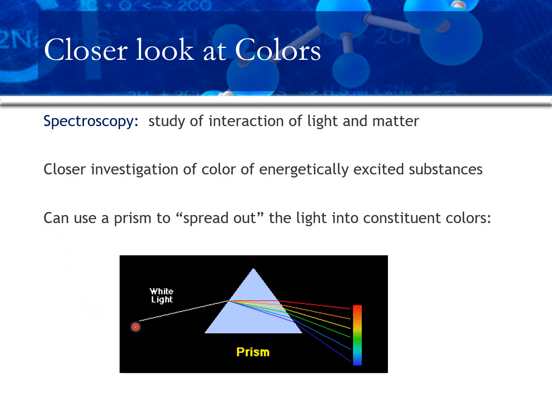So for example, if you take white light from the sun, pass it through a prism, the prism will break it up into all of the colors of the rainbow. And in fact, this is literally how rainbows are formed. Light from the sun passes through little droplets of water in the air, rain, and it's separated into all the colors of the rainbow, and that's why we get rainbows. So now if we apply this method to the light produced by excited elements,